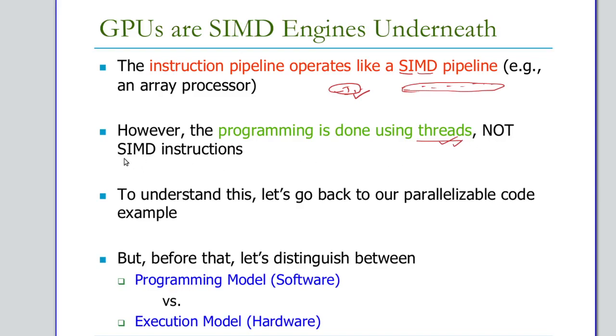So it is not actually having a SIMD instruction, as earlier we were having with a vector processor or array processor. In that case we were having a SIMD instruction, suppose vector load, vector addition. It will take a whole vector and perform the addition. But now what we have to understand is that the instructions are scalar instructions. However, we will execute them on different threads.